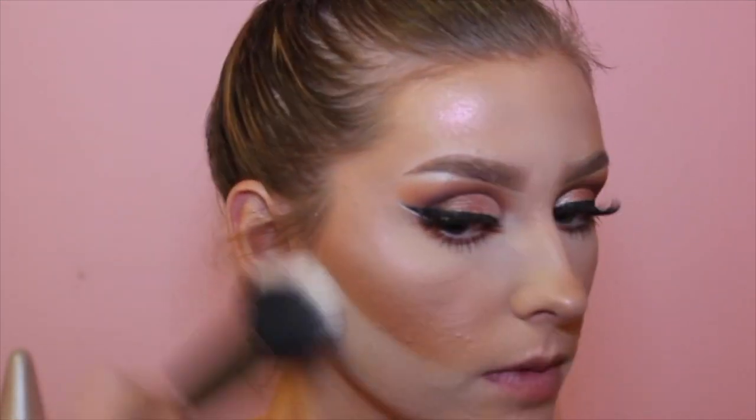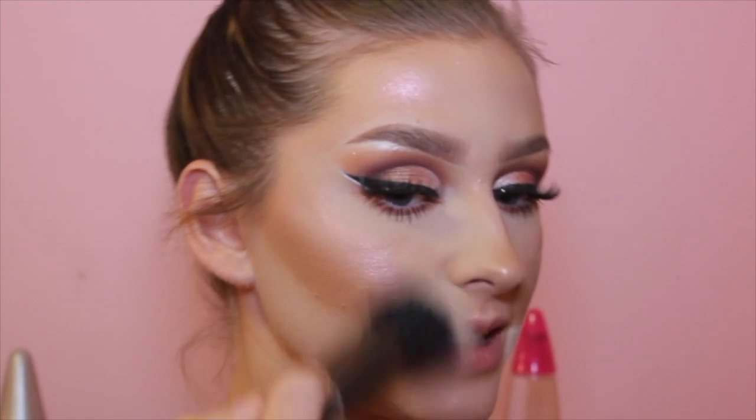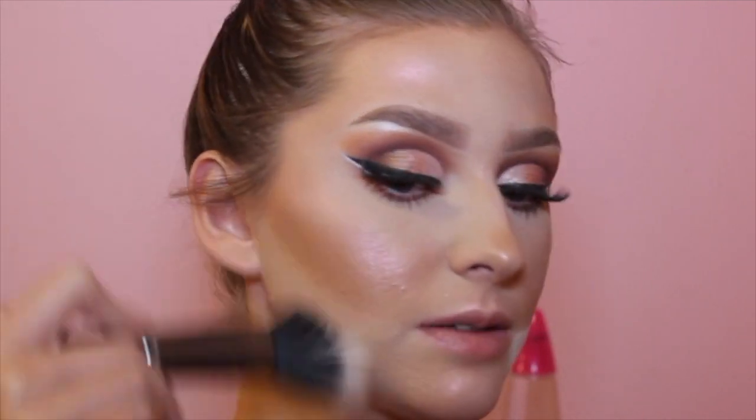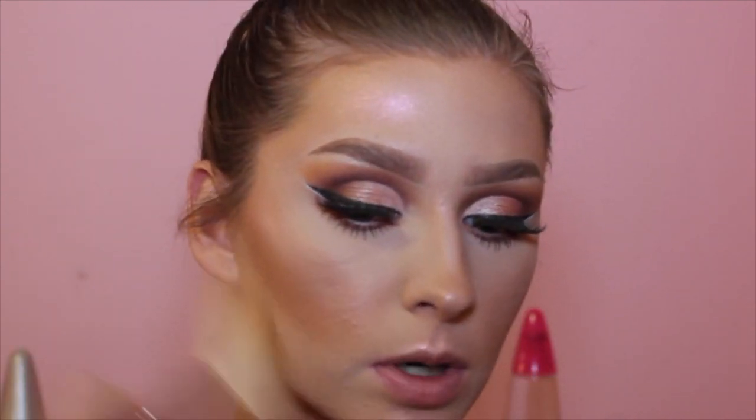I'm going to take my Morphe G22 brush and I'm going to start taking the bake away. And I do like to blend it upwards into where my blush and highlight and contour is, just so it's not as harsh and so everything blends seamlessly. And now I like to take my bronzing brush and go underneath just so it's not as white. I feel like with the translucent powder, whenever you bake under here, it leaves a really white cast, and you don't want that. Okay,